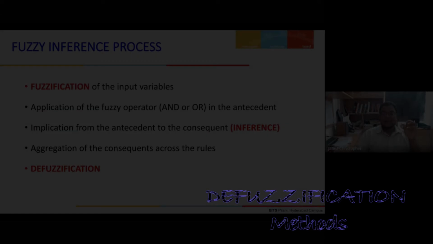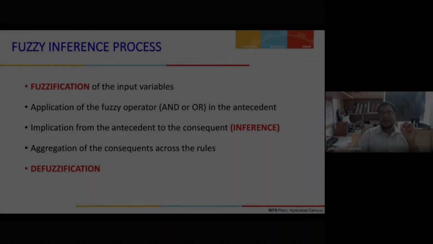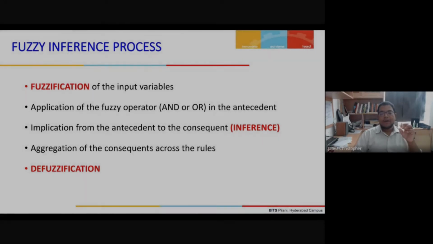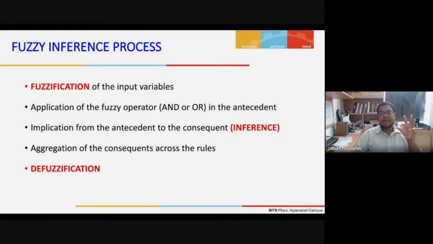Today I'll be dealing with the last topic in our fuzzy inference systems, fuzzy defuzzification. I hope you are all clear with the entire working of the fuzzy inference system: how to represent the discretized sets from a continuous set using fuzzification methods, and then you apply the fuzzy operators, an AND or an OR in the antecedent, and then you use an implication through which you get the implied fuzzy function for your output, and then